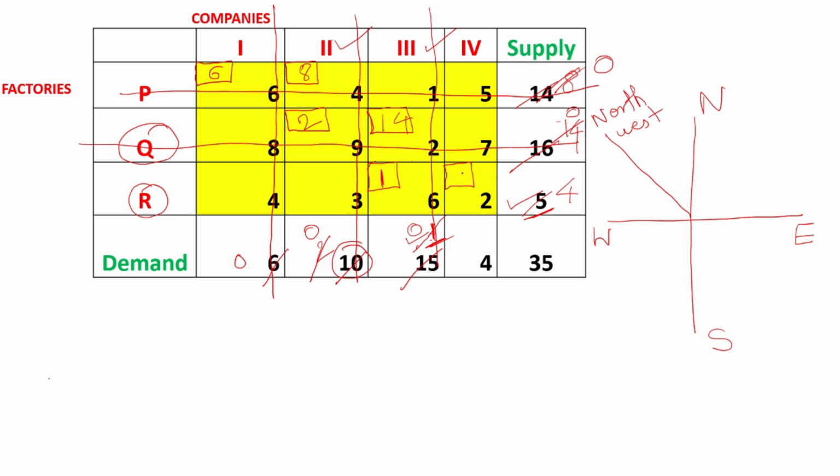So there in that corner rectangle, you check it belongs to column 4. Straight if you vertically go, it belongs to column 4. And if you come horizontally, it belongs to row R. Now row R still has 4 items with it. And column 4 also needs 4 items only. So 4 and 4 both are equal. At the last step, you should have both the values equal only. So write 4 over here.